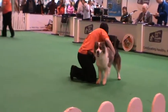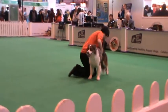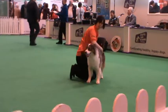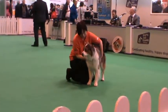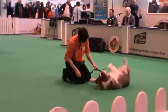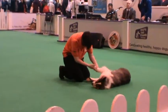Okay, and on this side, one of the other exercises we're looking at. Okay, and what I was saying is that we're looking for the examination of the dog. Now what we're looking for in the bronze is that the handler will be looking at the dog, and we're looking for all points to be looked at. And the sort of exercise we're looking for is